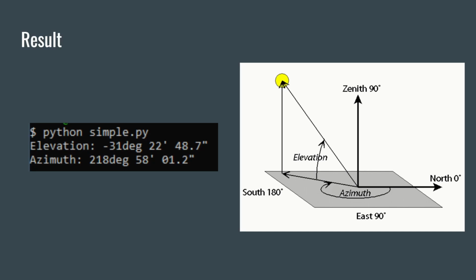Well, if you were to point an antenna to the satellite, the elevation would be the angle from the horizon to the satellite. Azimuth tells you which direction to the horizon you need to point it. 0 degrees and 360 degrees is at north, moving in a clockwise direction. Any elevation less than 0 degrees means that it's not in our view. The satellite, based on the current time, was at minus 31 degree elevation, which means it was below my view. It will only be in my view from 0 or higher.